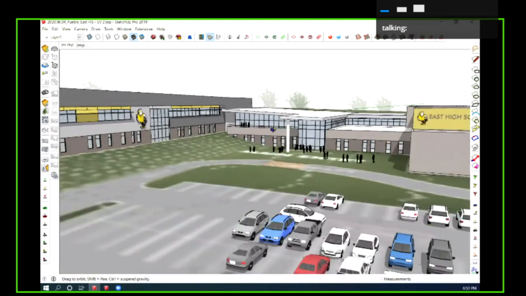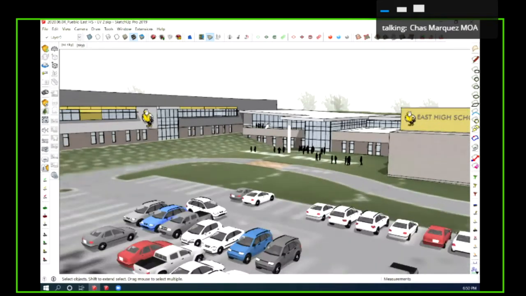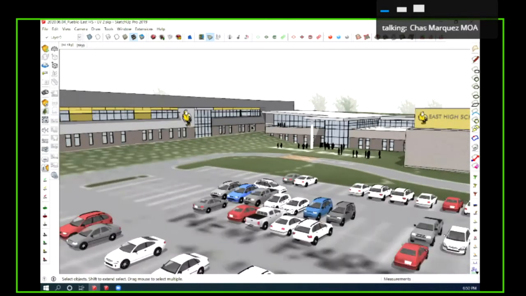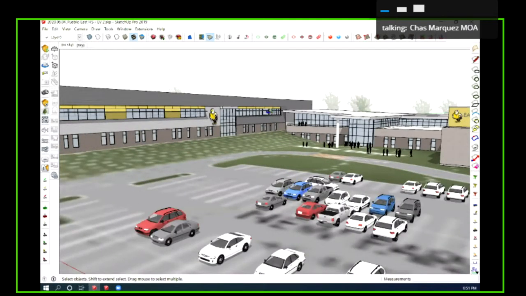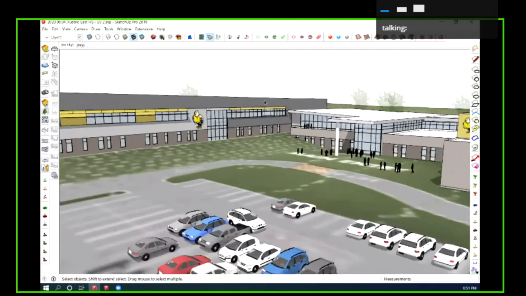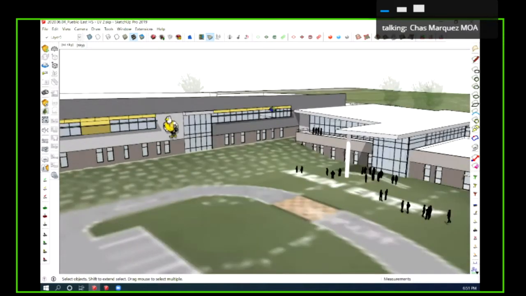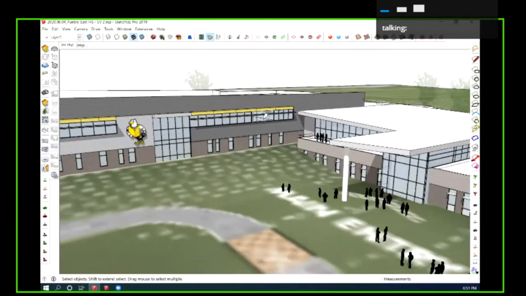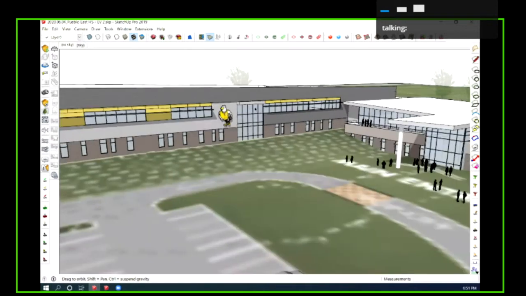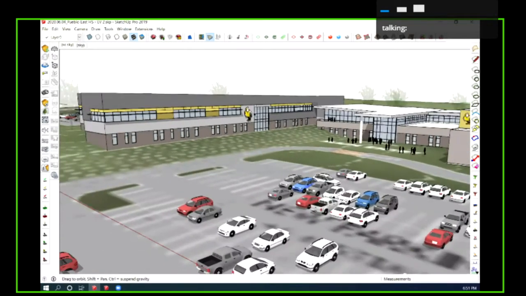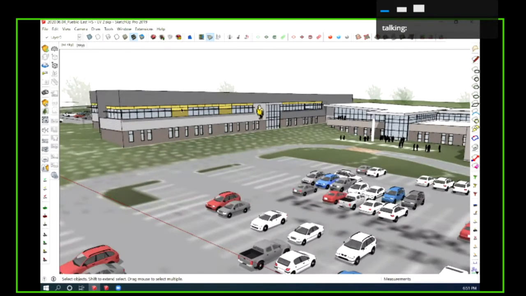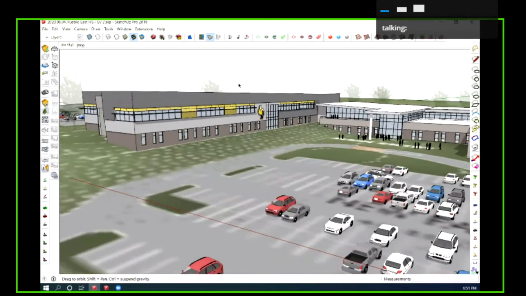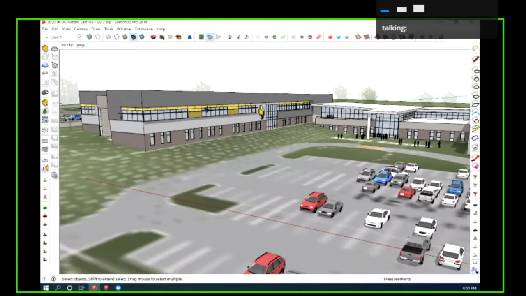So I'll try to go around slower on this one, but also you'll see similarities in how we're trying to use some of the school's colors for the branding of the building. We still have that outdoor art space as we see here. I'll zoom in there. So those spaces are still relating to each other. Again, we're using that masonry on that lower level with the metal panel above to bring in some of that more modern form to it.